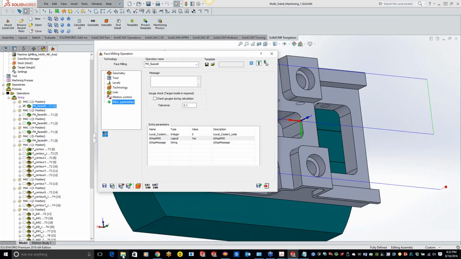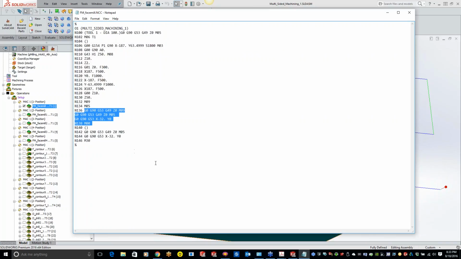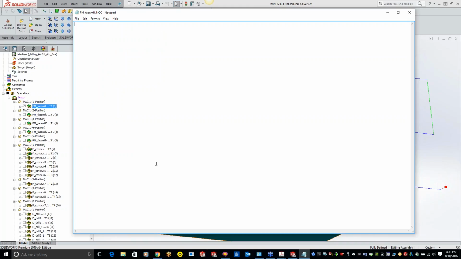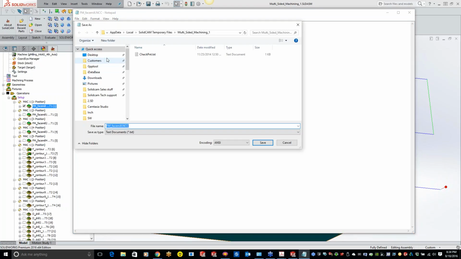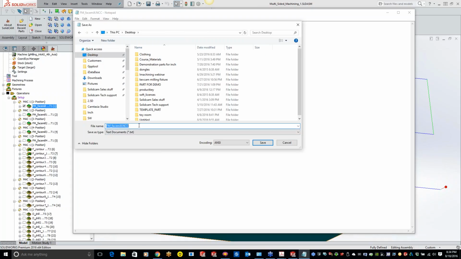But one other cool thing we can do is, let me just, where'd my notepad go? Let me delete everything, paste that, and let's say I just want this G code in there. Every time I want an M00 in there, maybe move stuff out of the way, turn coolant off, you can put whatever you want in here. I'm just going to do a save as. I'm going to put this on my desktop, and we're going to label this M00 stop.